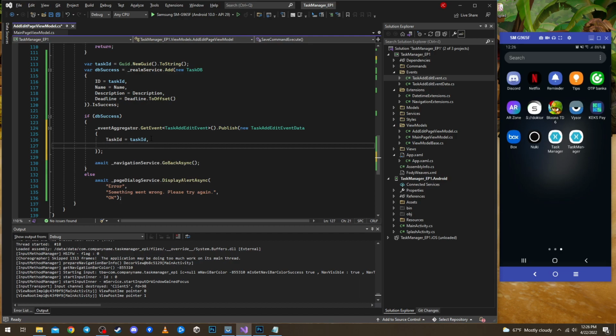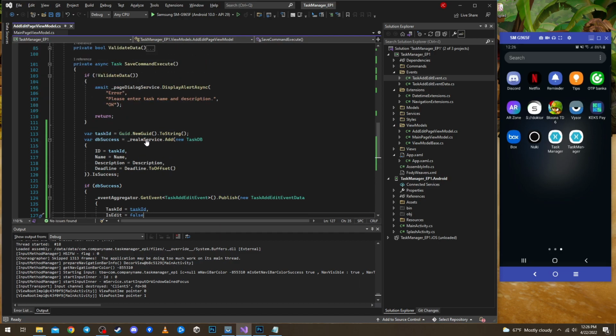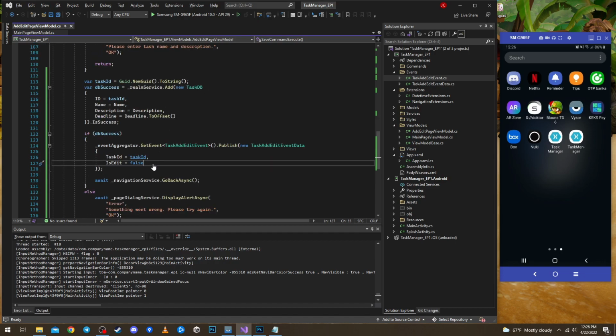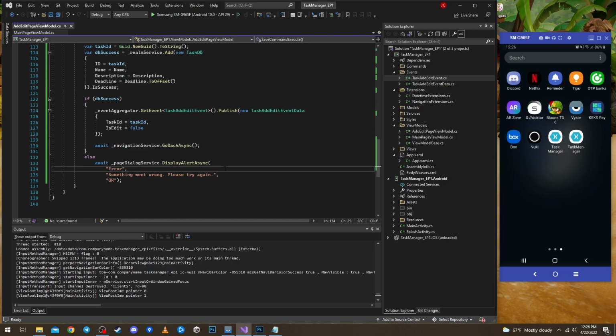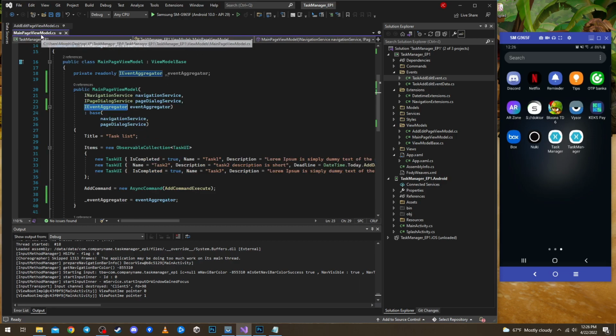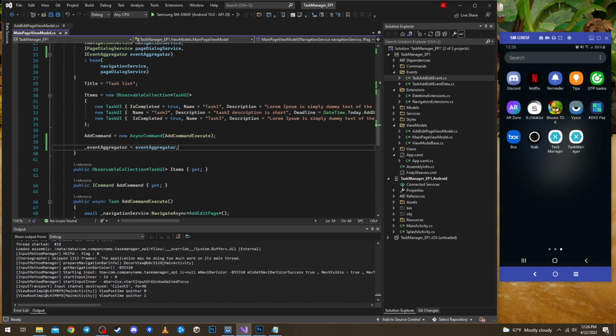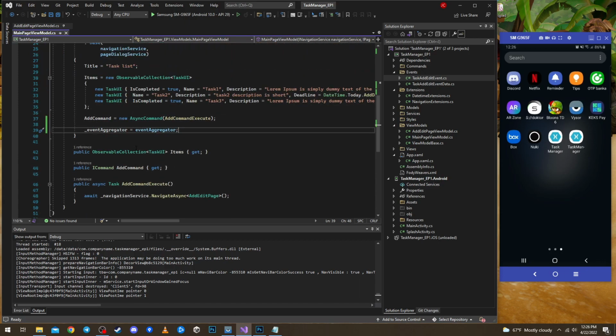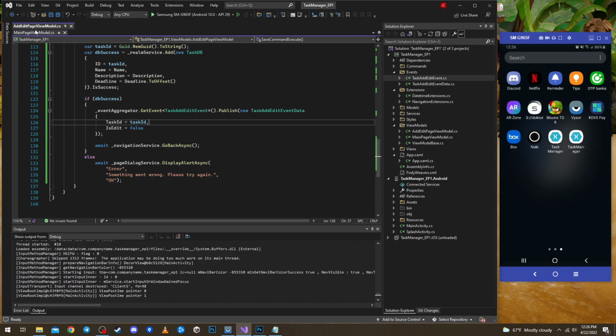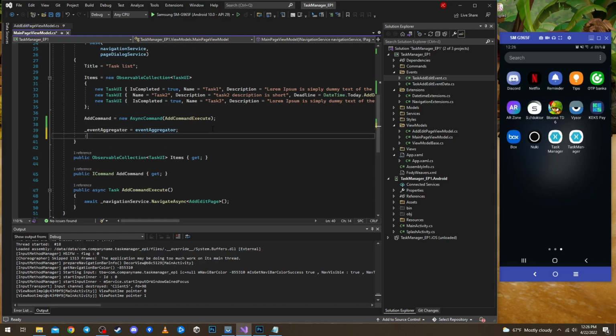is edit, we'll just set it to false for now, and later on when this page will have editing functionality, this will change to something else. Okay, and now our main page needs to subscribe to such an event, so we will use event aggregator dot